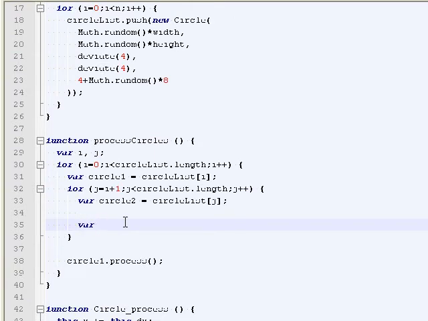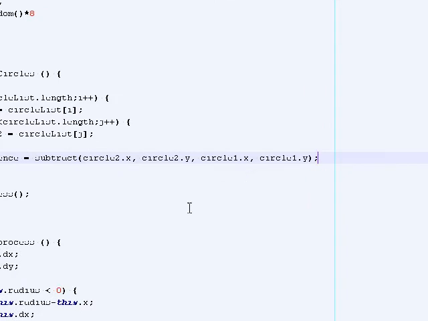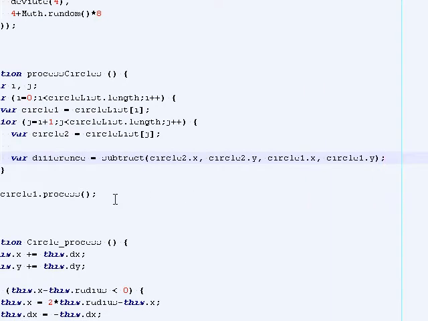So the difference, yeah, difference equals subtract circle 2 minus circle 1. Okay, so this difference,